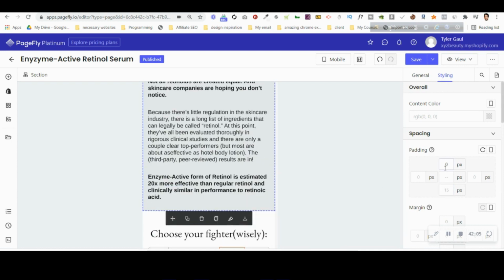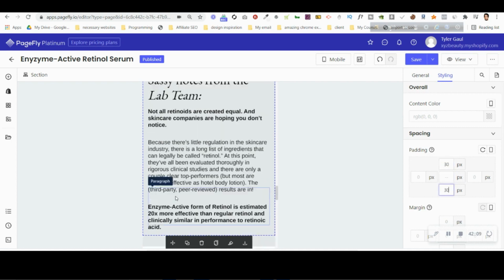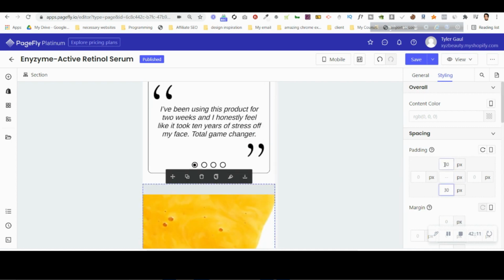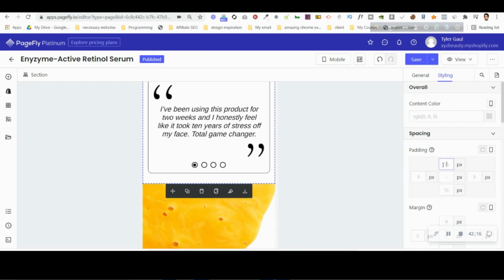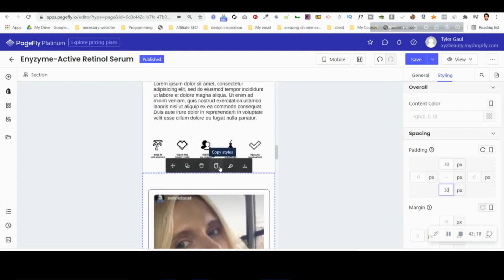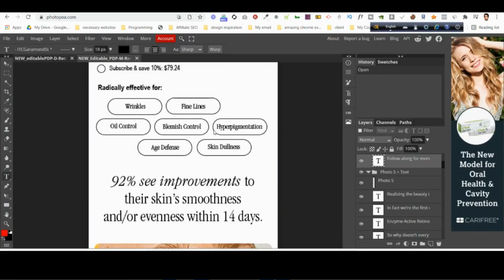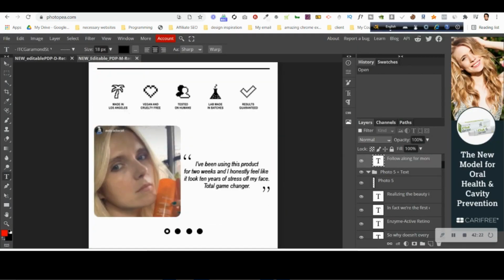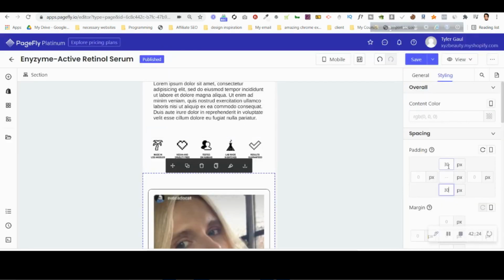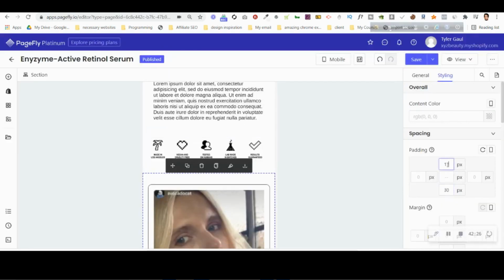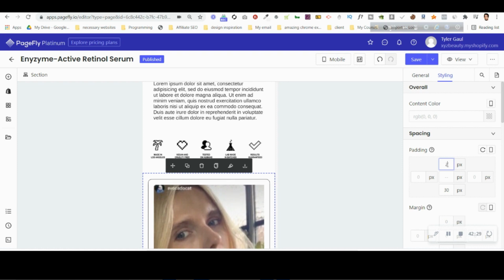For this it is 0 actually, so make it 30, 30. Okay, the first one should not be, because it needs to be something like this. So the images, I think,